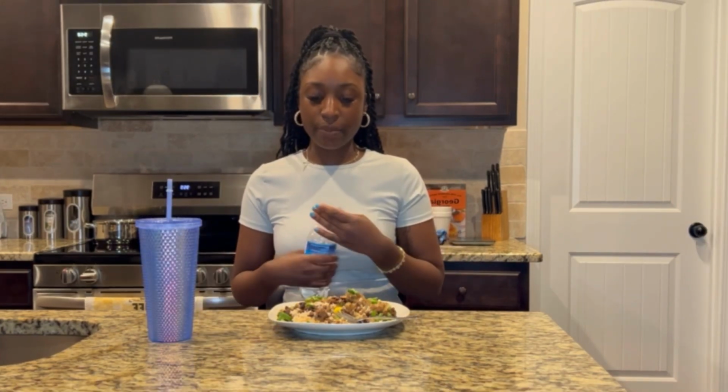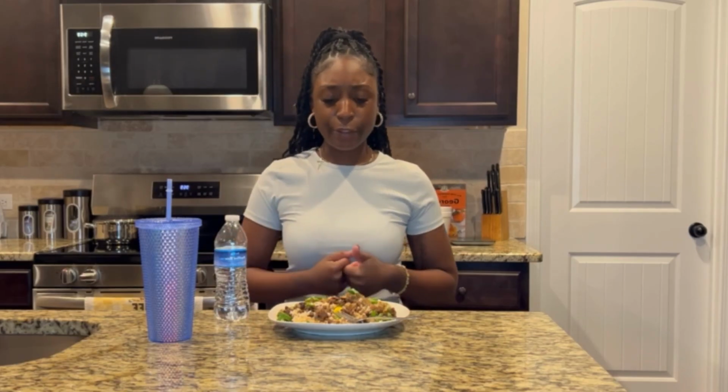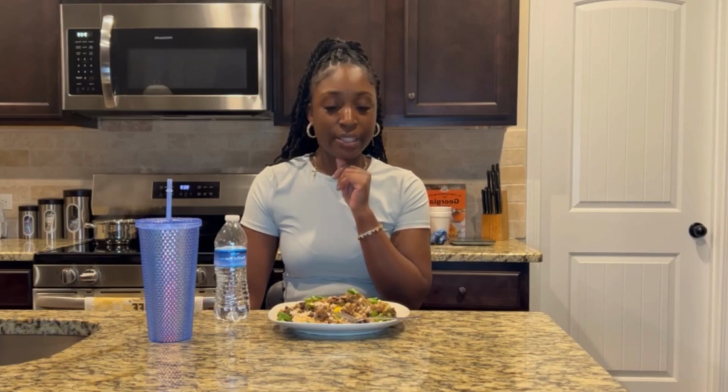And y'all, I feel like the egg is just really like the icing on the cake. It's a great meal. I would recommend this, y'all. Fix this and try it. It's cheap, it's affordable, packed with flavor. Loco Moco gets a 10 out of 10 in my book. Y'all, I'm gonna say this is the second best thing that I've eaten while I've been doing this series. Number one on my list, I feel like it's still